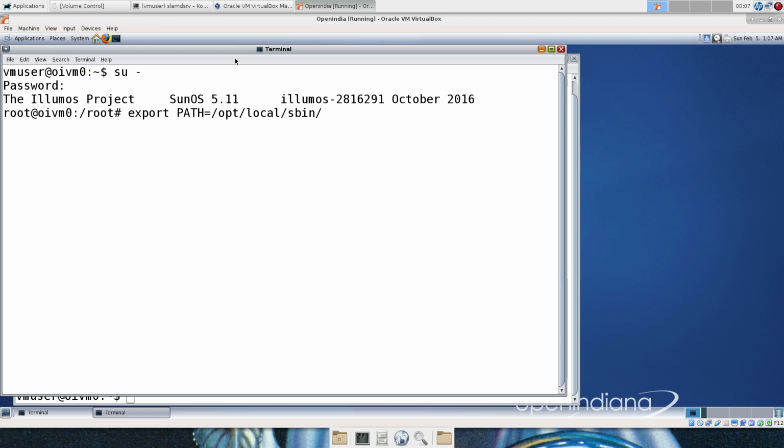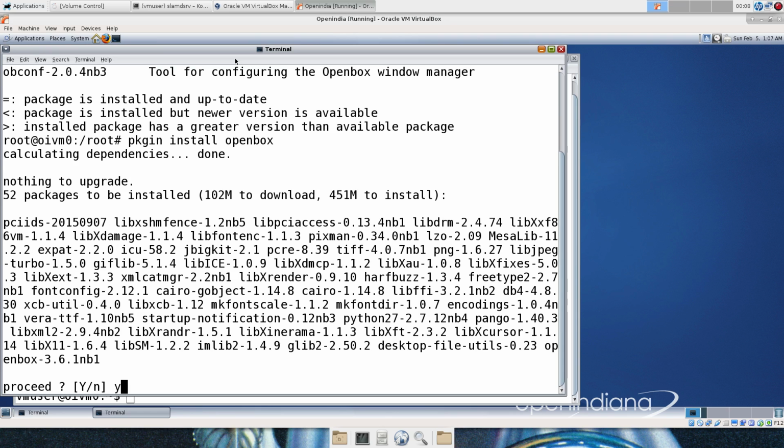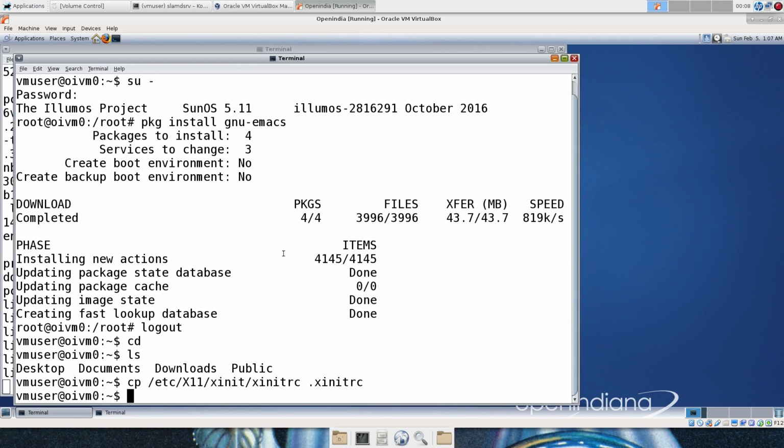So this, obviously, we're sticking around here. This would go into your profile, your startup script to set the path correctly. And Xfce might be too much. Let's search for OpenBox. So it's got to pull a bunch of stuff down. But while we do that, let's look here at